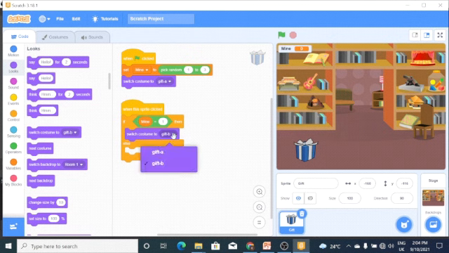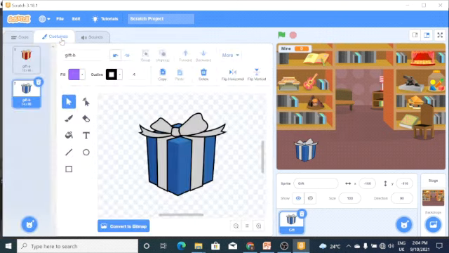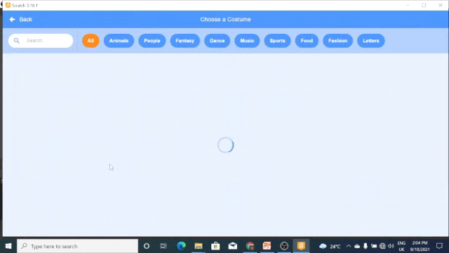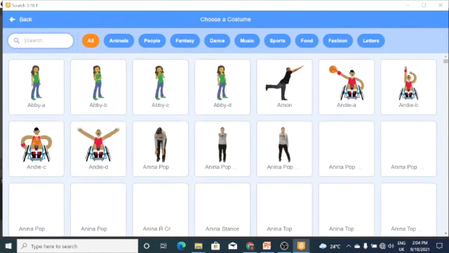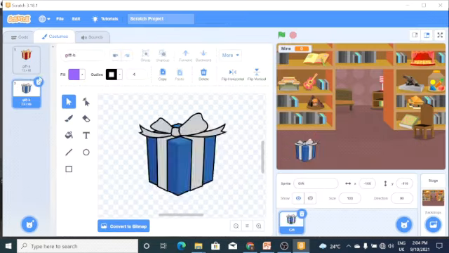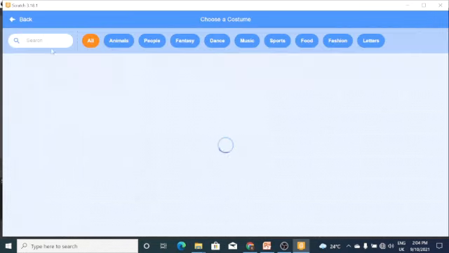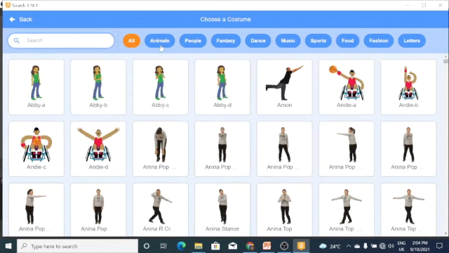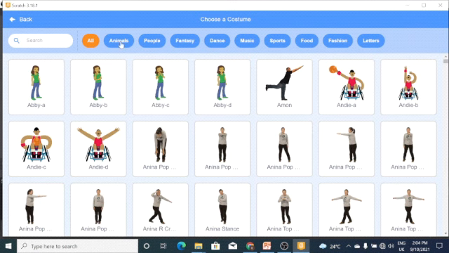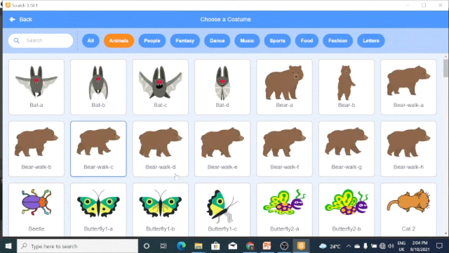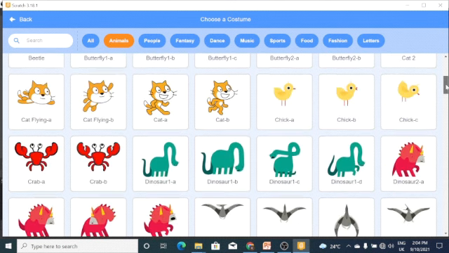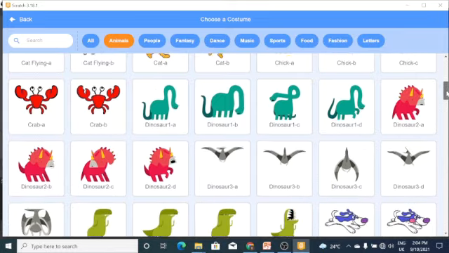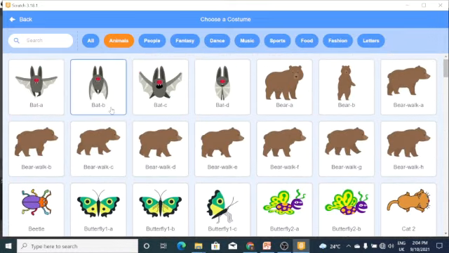Okay, let's go to costume and select something else. Let's select a proper gift. Select a cake, and let's also select an awful gift. Let's look at animals and look for something really awful. Oh my god. Do we go with a bat or a duck or a flying cat? Okay, so let's go with bat B